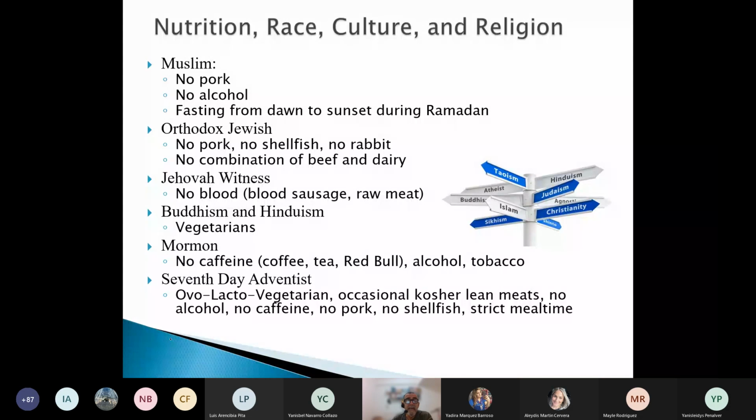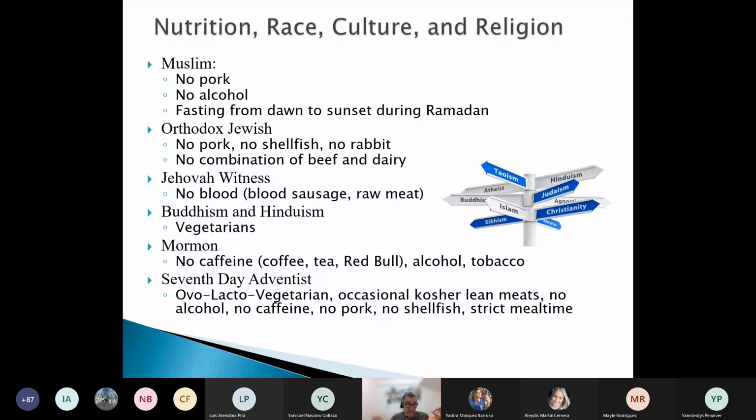Nutrition and religion. Frequently tested in NCLEX. You need to be culturally sensitive and culturally competent for NCLEX. NCLEX gives a lot, and there are usually a lot of culture questions in NCLEX. So you need to develop the knowledge that the most common religions have